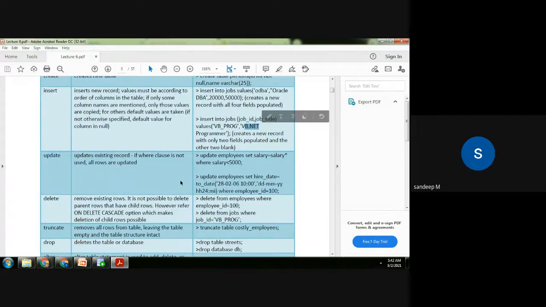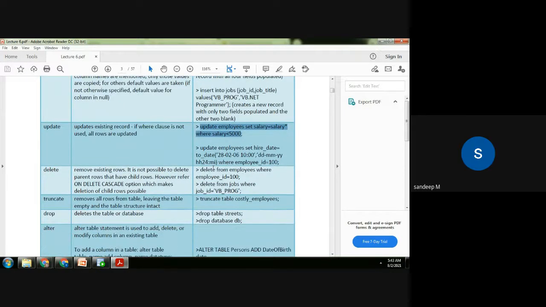Okay. And once you create the data set, you can also update it. So there's an update command. Say, for example, for all employees whose salary is less than 5,000, we'll discuss this where clause and all later. But this is an option which Oracle provides to update data sets even after they're created. In this particular example, update employees set salary. Set is a keyword. Set salary to salary star, say, 1.1. I think there's something wrong here. Anyway, salary will be increased by 10%. For all employees whose existing salary is less than 5,000, this command will increase the salary by 10%. Okay, this is how you update.